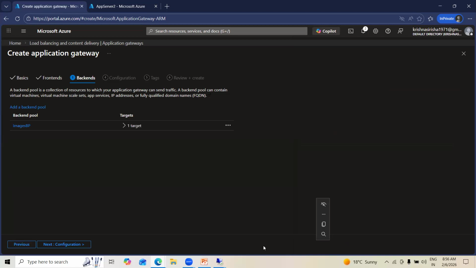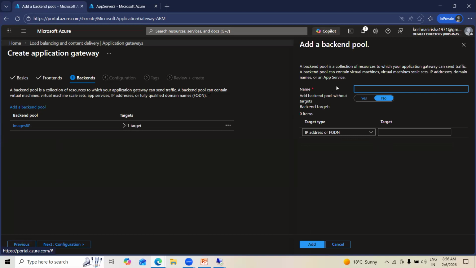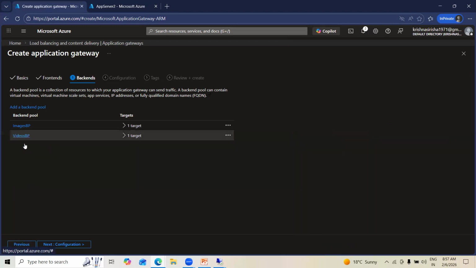Okay, add. I'm adding one more backend pool, videos. My virtual machine AppServe2 is my videos backend pool. Add. So now I have two backend pools: one is for images servers, and one is for videos servers. One server is added for every pool. Okay, so next,